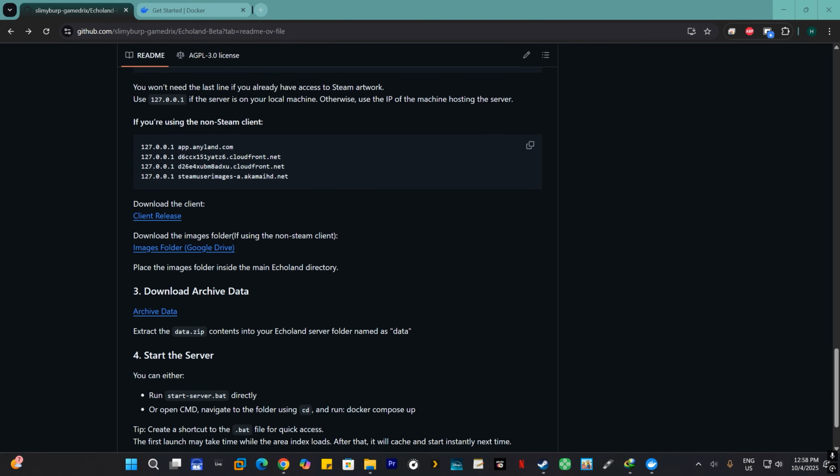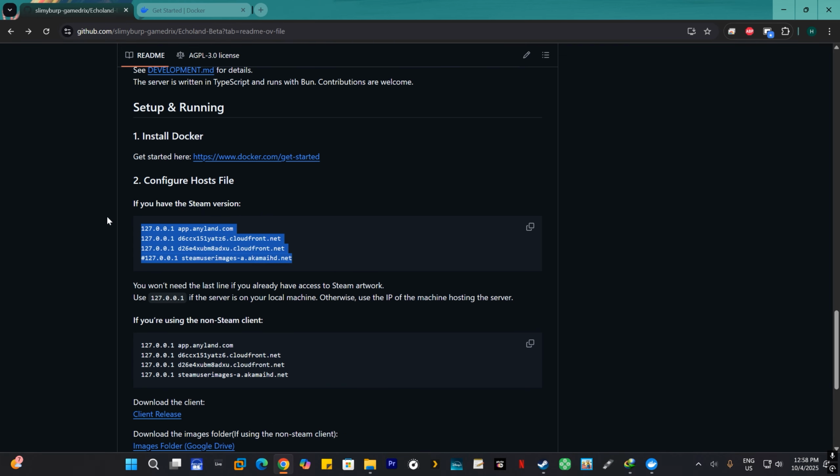Alright, then also if you're using the Steam version, use this. If you're using the non-Steam client, use this instead, just because this has a hashtag, so it's not using the line here, because the Steam version is already using the images from the Steam artwork, which still work with the client,